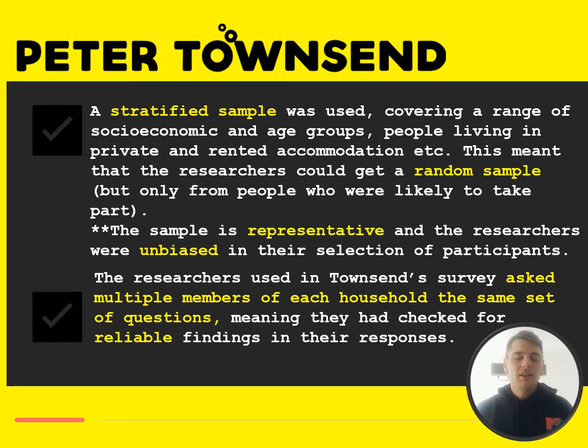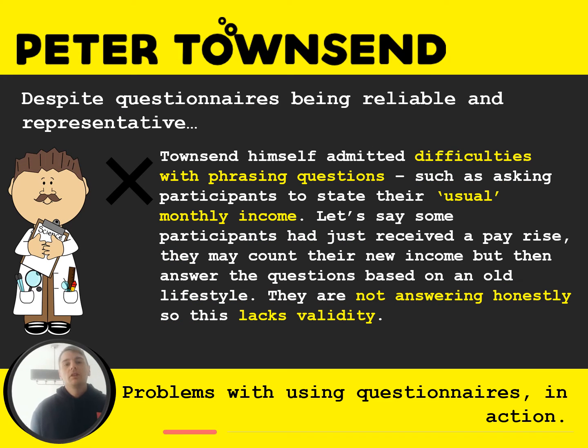Now, Townsend kind of did this within his own research. When he went to all these different houses across the UK to ask them about their experience and what kind of poverty they might have lived in, he would always ask every member of the household to answer the same set of questions. And what that meant was that he could check to see that their answers are really consistent and in agreement with each other. However, despite having a really reliable set of data and a really representative sample, Townsend's research is